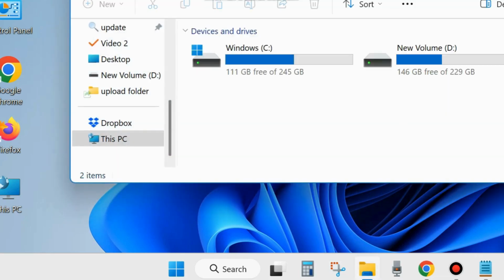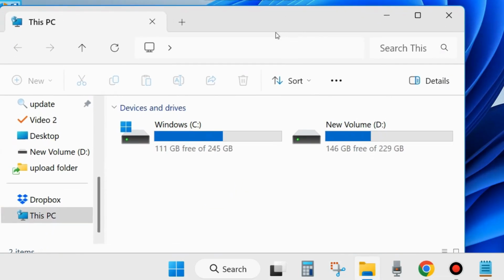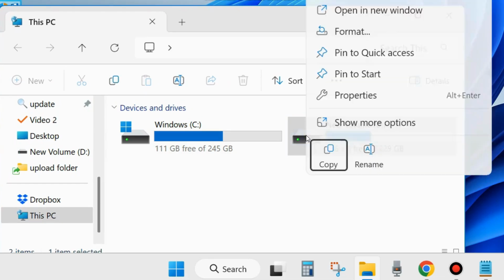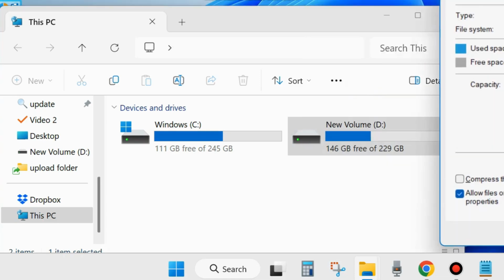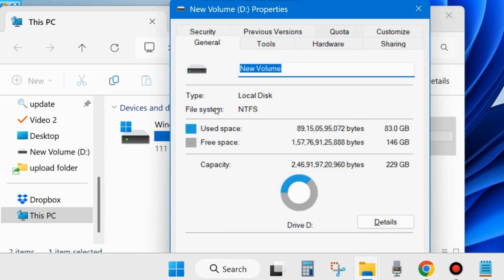And the first workaround is open File Explorer. You may press Win+E shortcut key to open File Explorer. Here go to your problematic drive, right click on it and choose Properties. Here first make sure that your file system is NTFS, and thereafter from the top menu bar go to the option General,